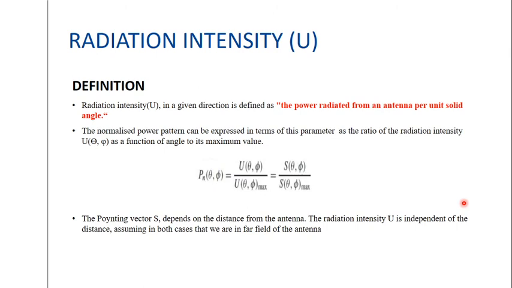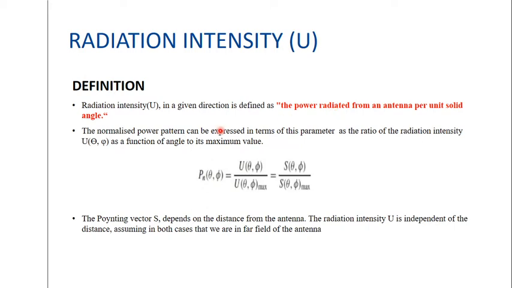The first important parameter that characterizes an antenna is the radiation intensity. So the term itself is self-explanatory. Radiation, we already know that the antenna either radiates a power or it accepts the incoming radiations. So radiation intensity means how much power the antenna radiates per unit solid angle. So we imagine the area surrounding an antenna to be a sphere. Per unit solid angle or per unit steradian that we consider, how much power is being radiated. That is what we call the radiation intensity.